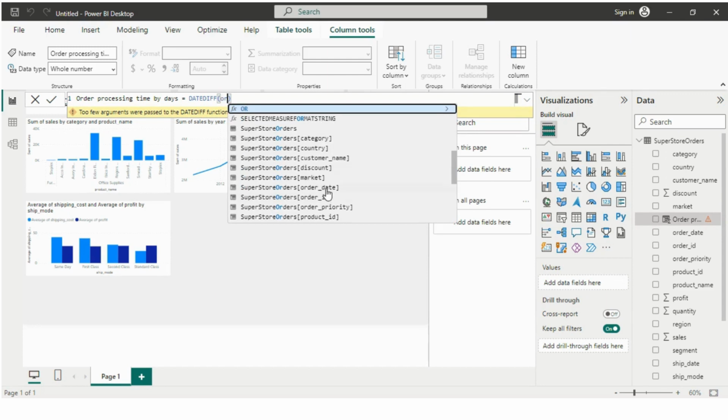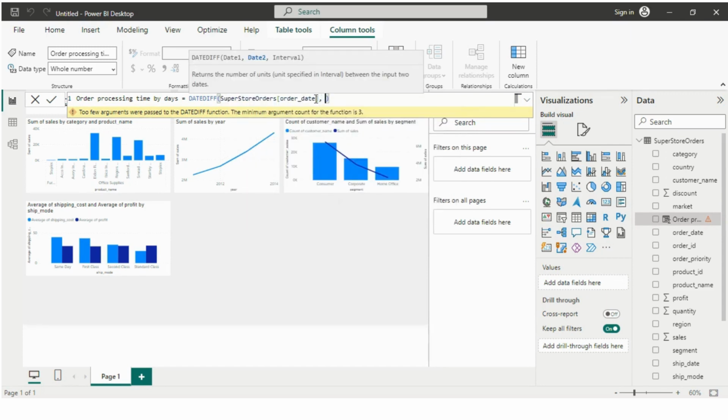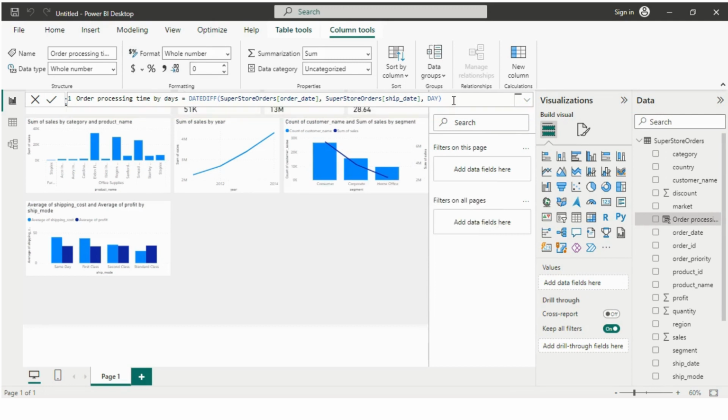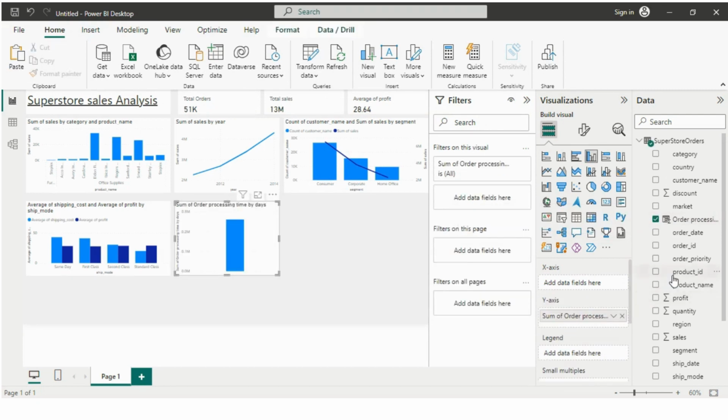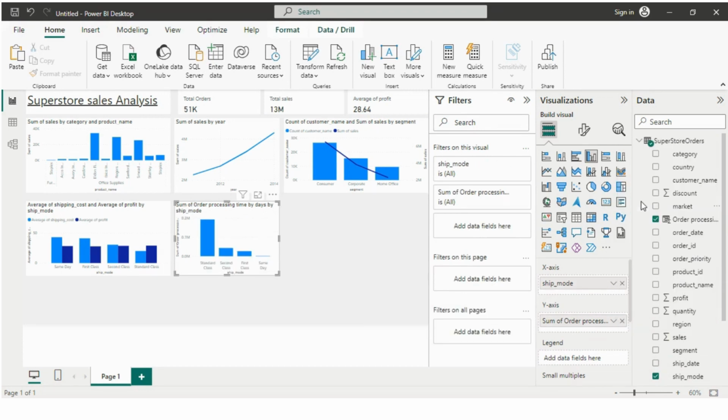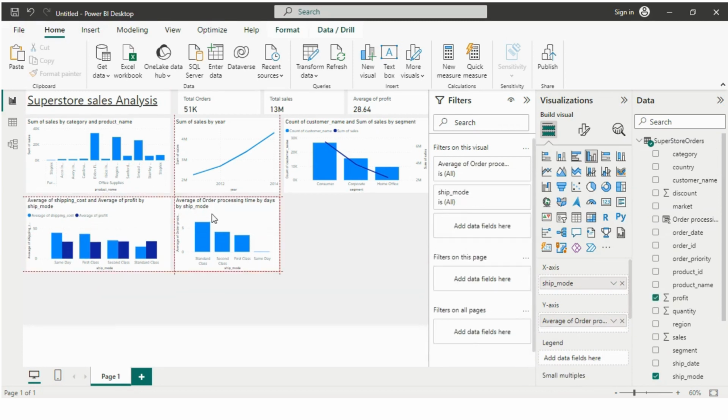And I'm choosing order date and then shipping date, in which date it is being shipped, and then I'm choosing day. I wanted to represent this difference in days, like which day some order is placed and after how many days this order is being placed for shipping. So now I'm choosing shipping mode and average of order processing time. I'm setting it into average and second into